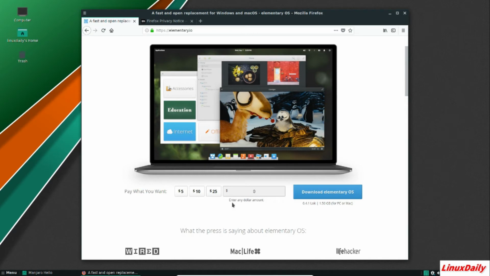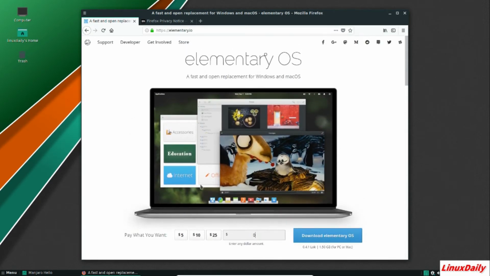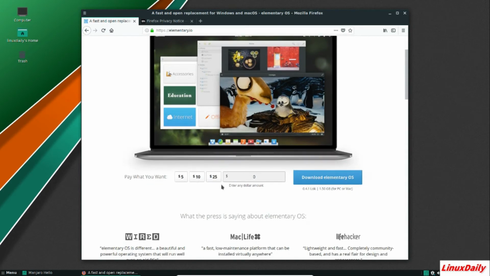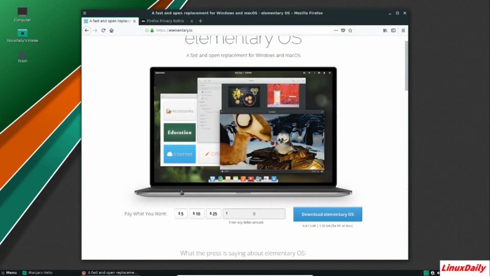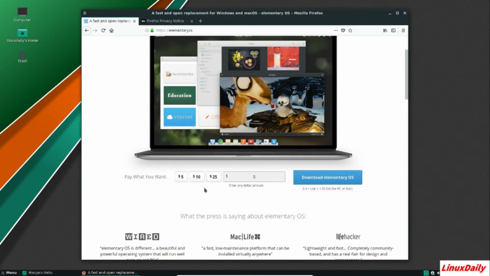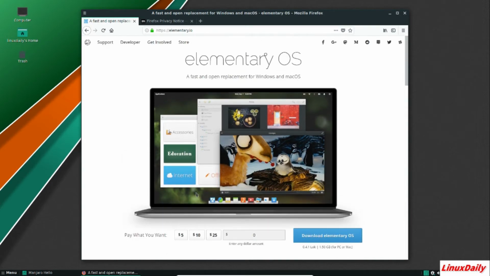That's just to help the developers, because they also need some funding too for research and whatnot when you're making a Linux distribution. But yeah, if you're gonna run a distro and they would like a donation, it'll probably be the best bet to give them a little small donation. But yeah, that's number 1.